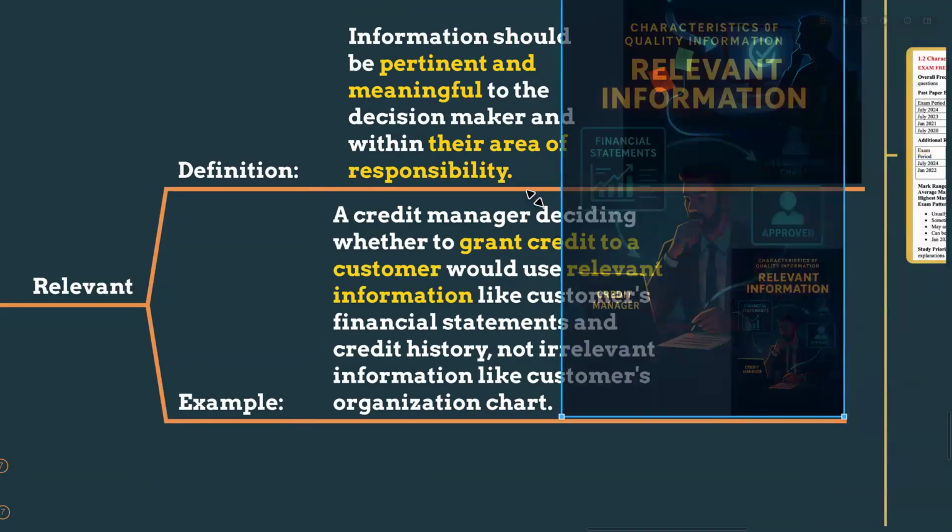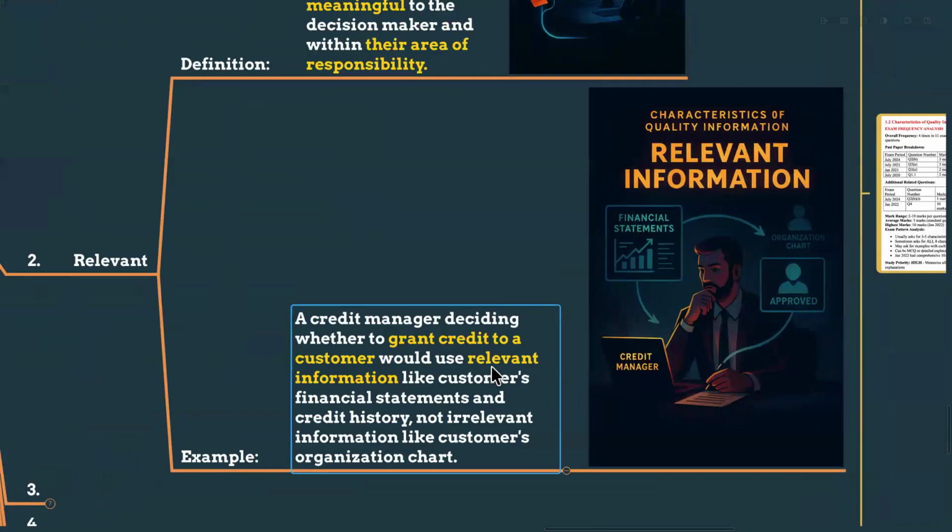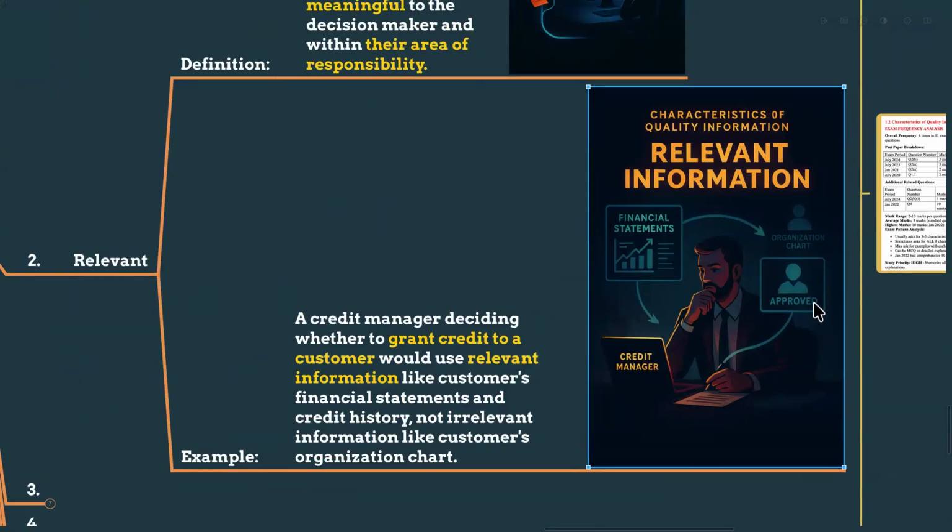They don't need the organization chart. They need to evaluate whether the customer is financially worthy of the loan. That is relevancy, my dears. I hope you are getting my point. So the credit manager will approve the loan if they're satisfied with the financial statements, not with the organizational chart,